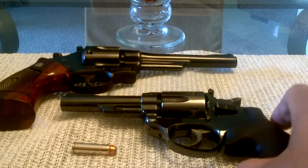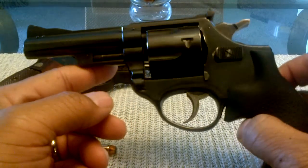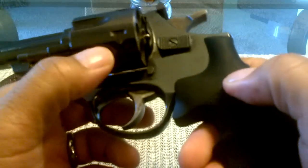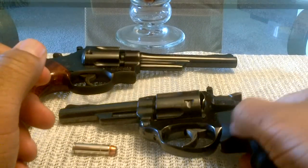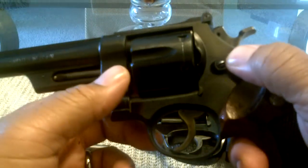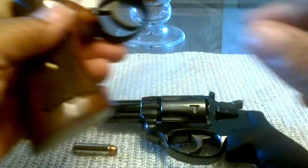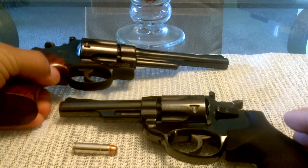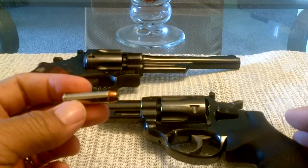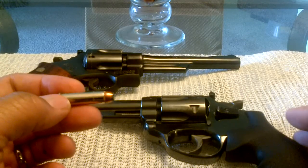complicated than that, unfortunately. Today I have my Astra 357 out. Look at that beautiful finish. Of course, it's safety checked. And I inherited this from my Uncle Floyd, God rest his soul. And this is my Highway Patrolman, also a 357 Magnum, safety checked. And I inherited this from my Uncle Ron, God rest his soul. And it shoots, of course, the 357 Magnum, which travels about 1,600 feet per second, which is basically about 1,100